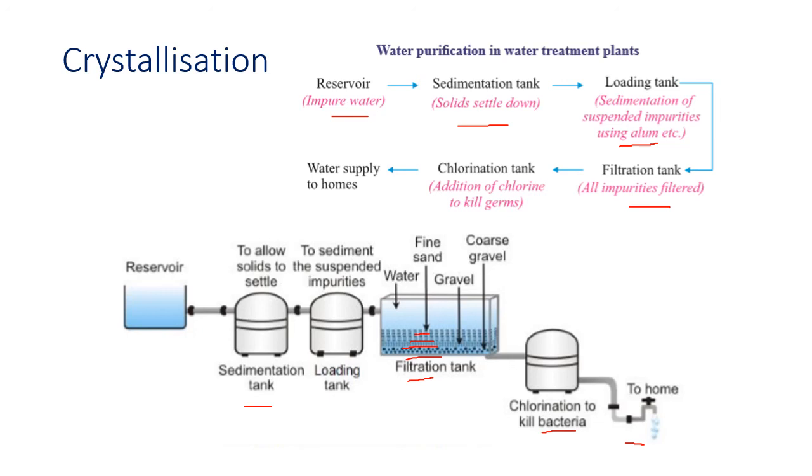But water is allowed to pass. So all the mud will settle here. Only the pure water will pass from here. So all the mud and the heavier particles have been separated, but there can be germs in the water. So the next step is to take it through a chlorination tank to kill all the germs, and then it is sent to the homes for distribution.